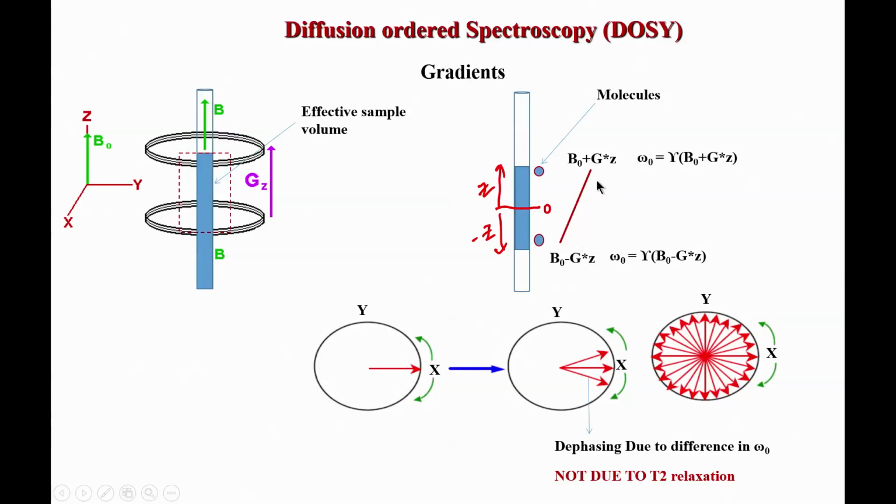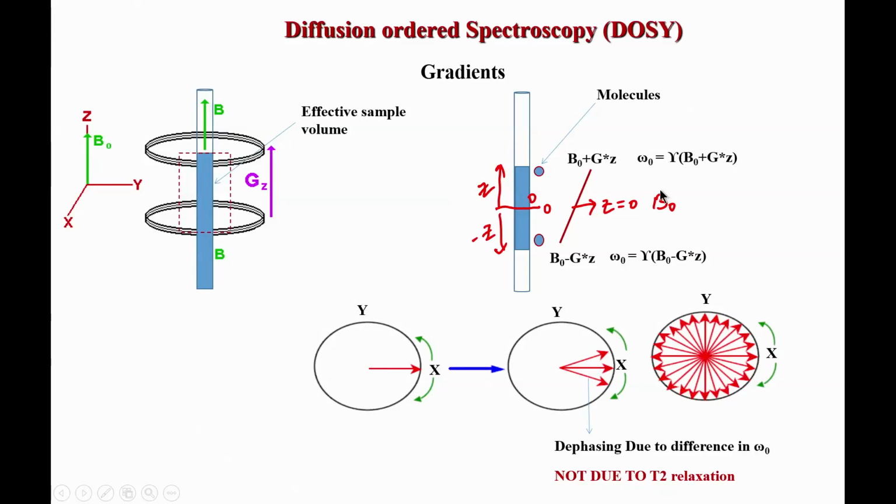What happens in between? In between there is a range of G values, because Z will change. For example, if you take Z equal to 0, the magnetic field is just B0, there is no addition to the external magnetic field because Z is 0. So, when you put Z equal to 0 here, this becomes 0. The total magnetic field for a molecule sitting here will experience 0 additional magnetic field. The total is not 0, remember.